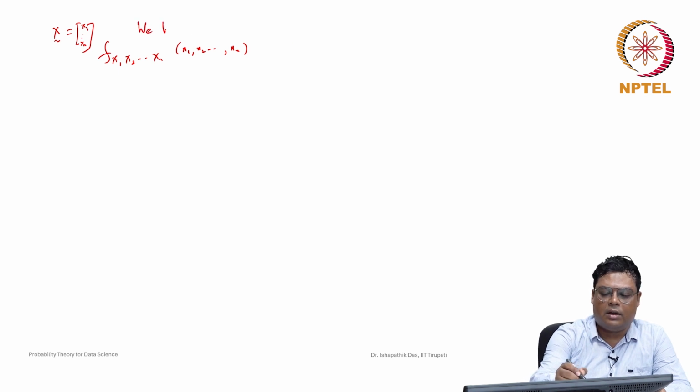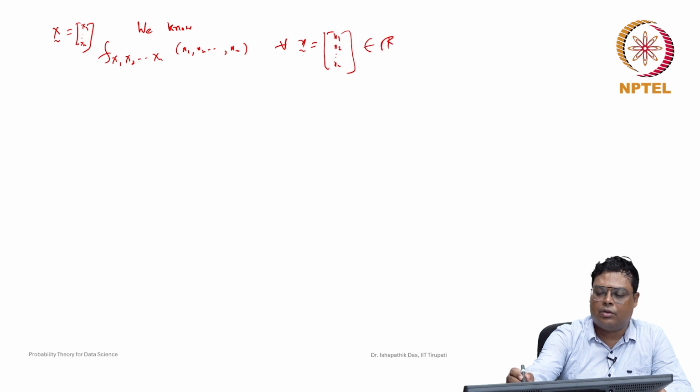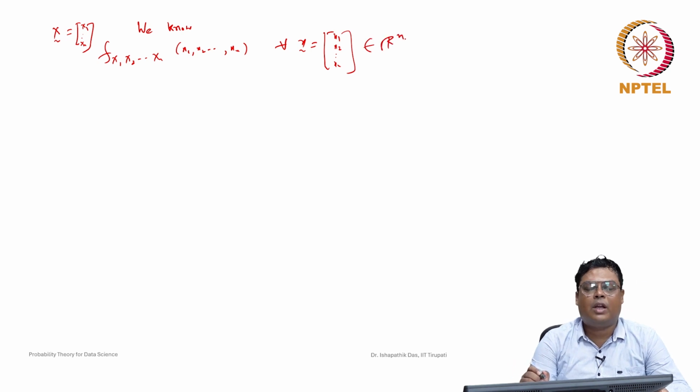We know this function, this value f(x1, x2, ..., xn) for all x. So this is x1, x2, ..., xn belongs to R^n. So we know this value. So now we have to find